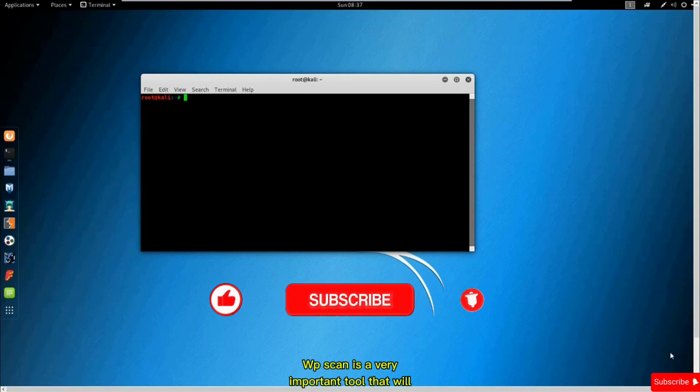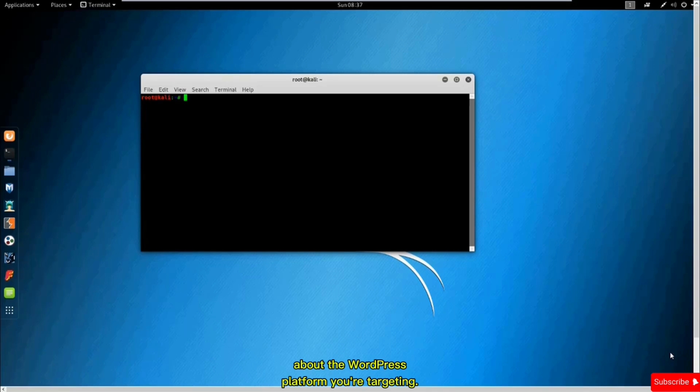WPScan is a very important tool that will discover lots of information about the WordPress platform you're targeting. It will give you information about the version installed, the theme used, and the vulnerable components employed. You can also enumerate the users, and WPScan will give you the ability to brute force into these accounts. If you use it together with the Nikto application, you will be able to assess your web server in a